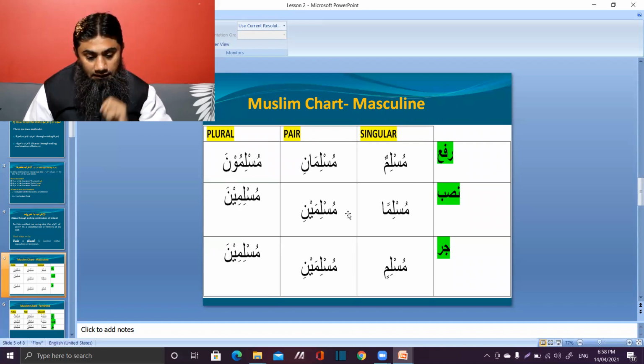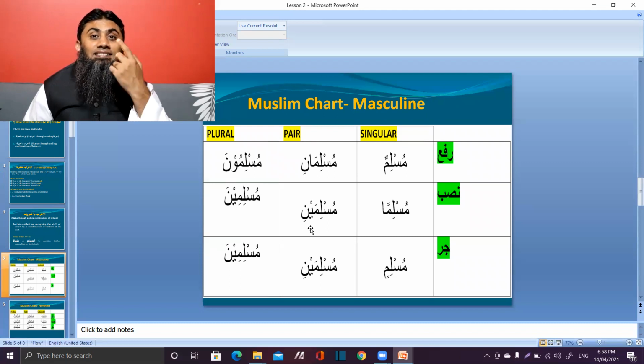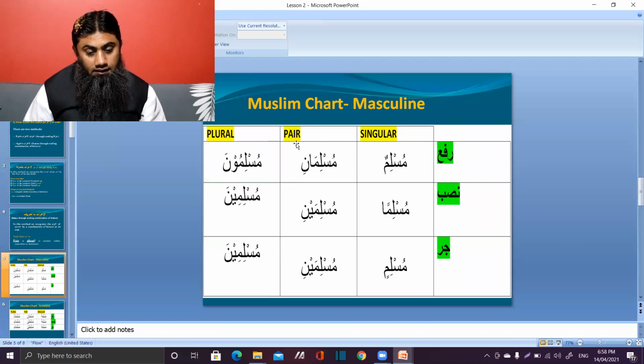Very simple. Look at the next one. Muslimaini. Look, aini, ending sound. This combination of letters is producing a sound aini. Whenever you hear this aini sound, you know this ism is pair, but its status is nasab. Again, Muslimaini, this one is the same. Both of them are the same. In both cases, you have the aini sound, and the aini sound will tell you that this ism is pair, and in terms of its status, it's either nasab or jar, because both of them are the same. How would you distinguish? Inshallah, we'll learn it later.